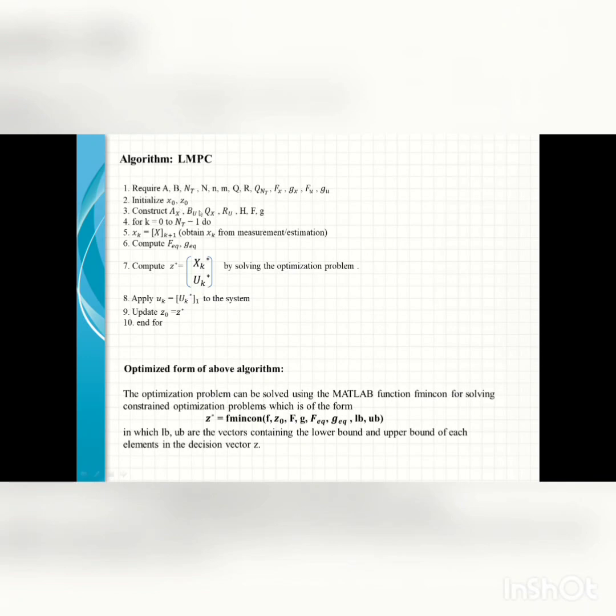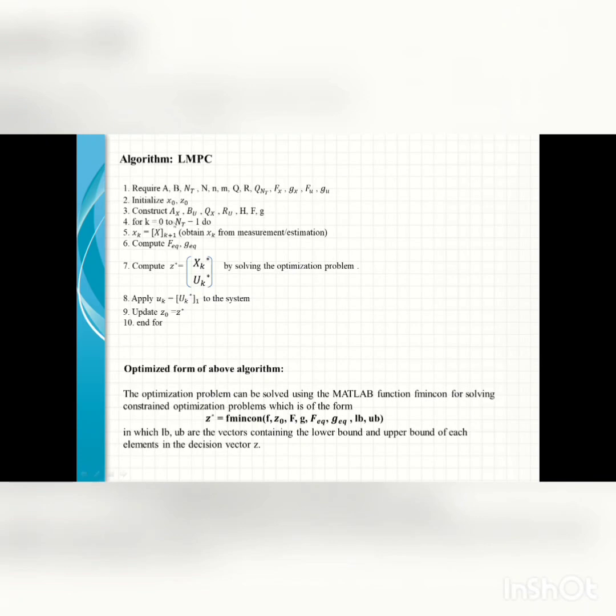And we construct Ax, Bu, and these weighing matrices from the predefined A, B, and so on. We will go through the for loop, and we will get xk at the kth instant and compute f equivalent and g equivalent. And by using those, we compute z star, which is the decision vector that we need, and uk, the control input, and we update z naught equal to zk, and we go for the loop here,